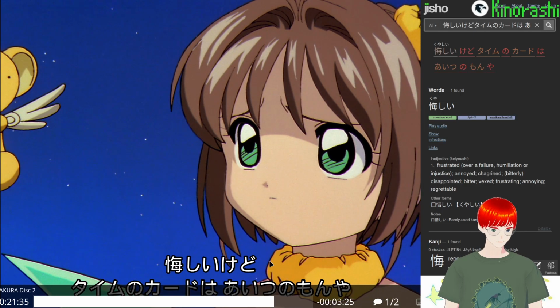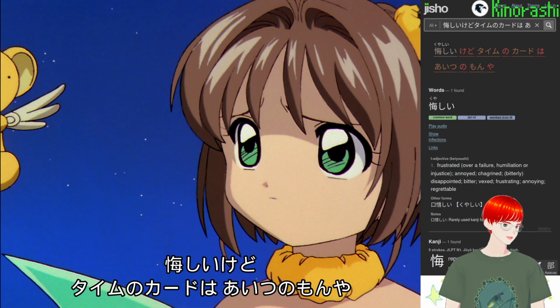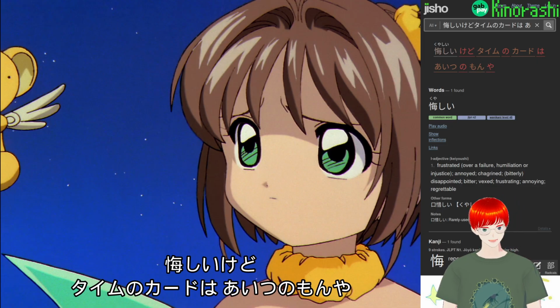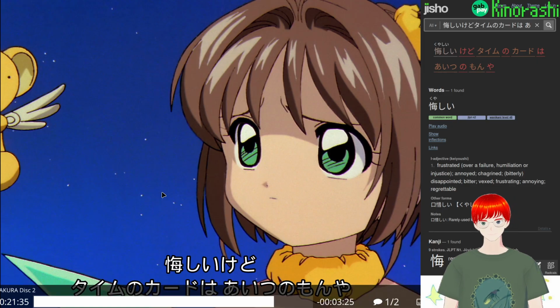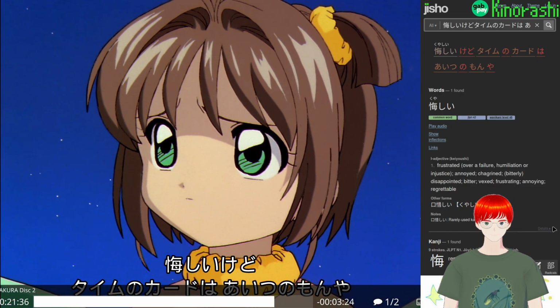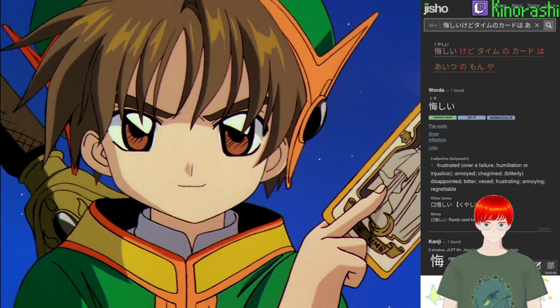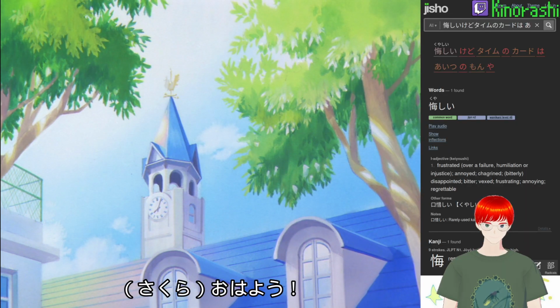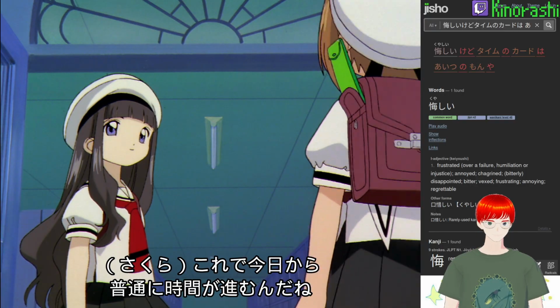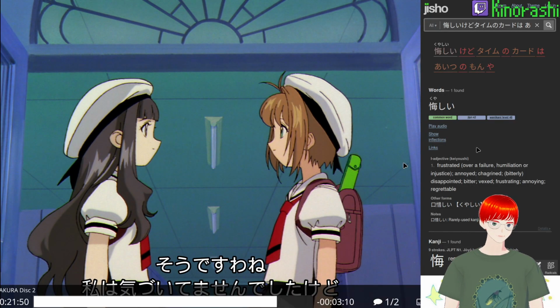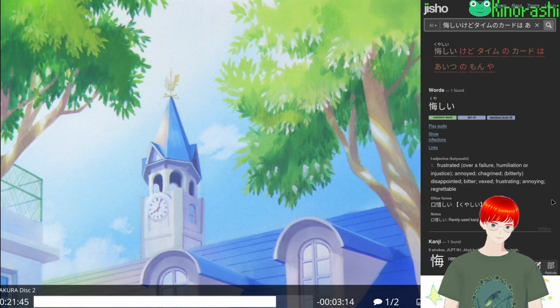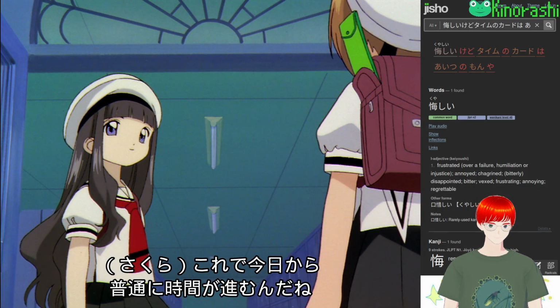けどタイムのカードはあいつのもんや。そんな。おはよう。おはようございます。これで今日から普通に時間が進むんだね。おはようございます。これで今日。 これで